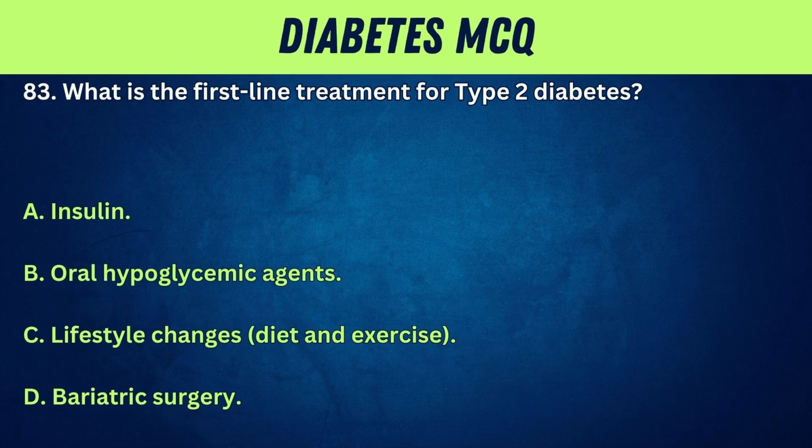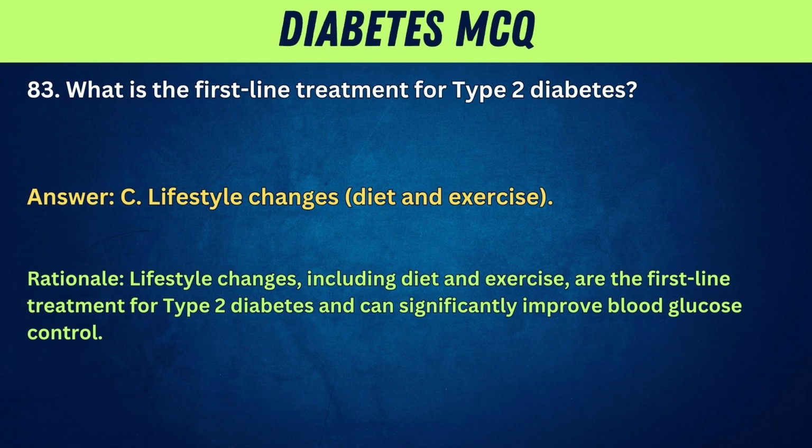83. What is the first-line treatment for type 2 diabetes? A. Insulin. B. Oral hypoglycemic agents. C. Lifestyle changes, diet and exercise. D. Bariatric surgery. Answer: C. Lifestyle changes, diet and exercise. Rationale: lifestyle changes, including diet and exercise, are the first-line treatment for type 2 diabetes and can significantly improve blood